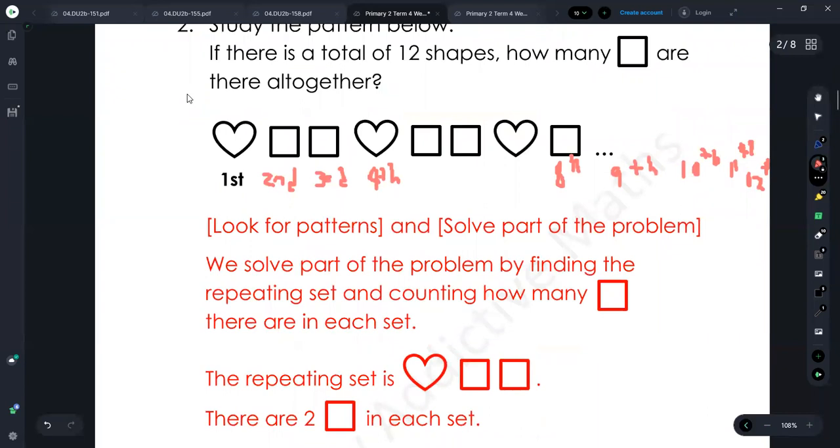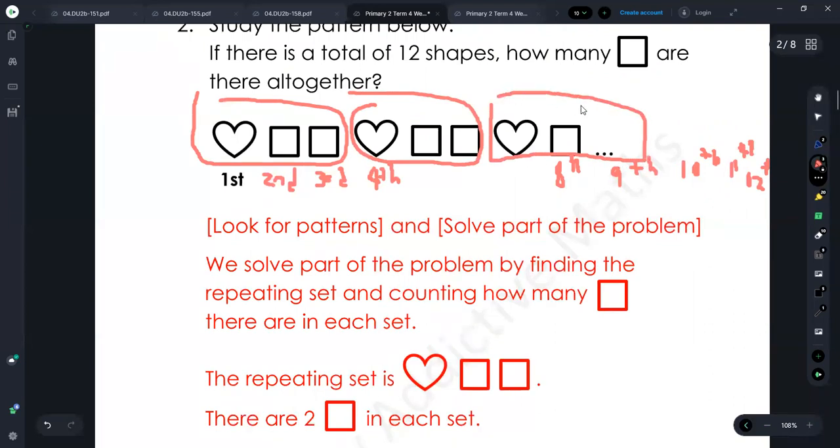The first thing they need to do is to find the repeating pattern. What is the repeating pattern? The repeating pattern is star, heart, heart. After that, it repeats again: star, heart, heart. So the P2 method is to just draw this star, heart, heart, and then star, heart, heart. There are 3 shapes here. They should be able to see that the third shape, the 12th position, is